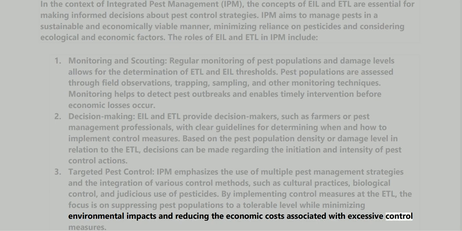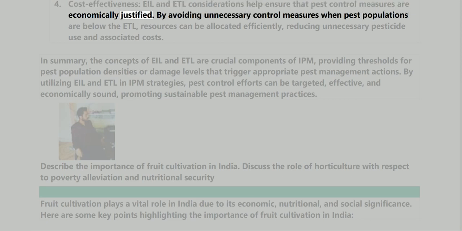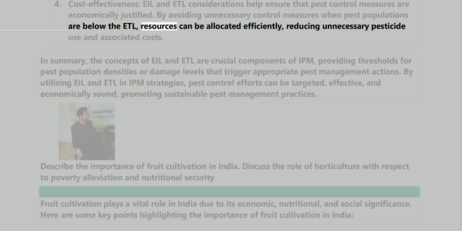4. Cost effectiveness. EIL and ETL considerations help ensure that pest control measures are economically justified. By avoiding unnecessary control measures when pest populations are below the ETL, resources can be allocated efficiently, reducing unnecessary pesticide